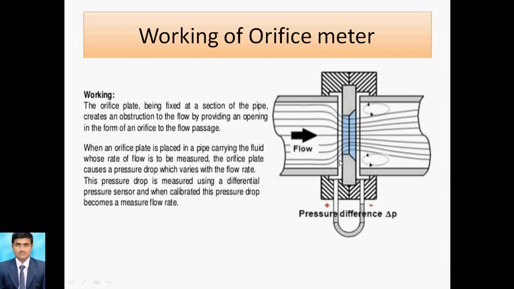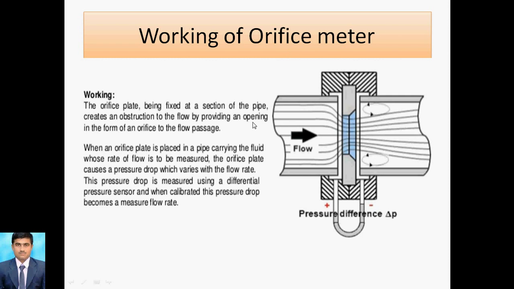This orifice plate is fixed at a section, and here we can create an obstacle or obstruction only by the opening of a small hole. That small hole is called the orifice. That can carry the liquid, and we can measure the rate of flow because of this plate, called the orifice plate. The pressure drop takes place because of the obstruction, as this pipe has a small hole, that is, a small opening. So that pressure difference, or pressure drop, becomes a measure of the rate of flow. This is regarding the principle, and the orifice plate, or orifice meter, is used to measure the rate of flow. The same principle is there.